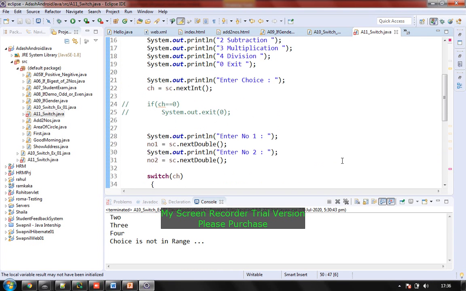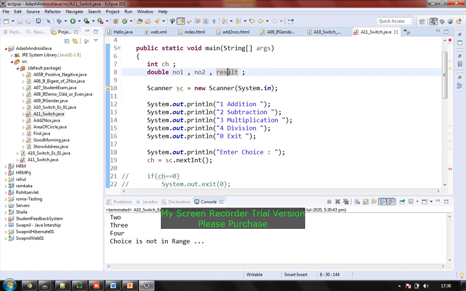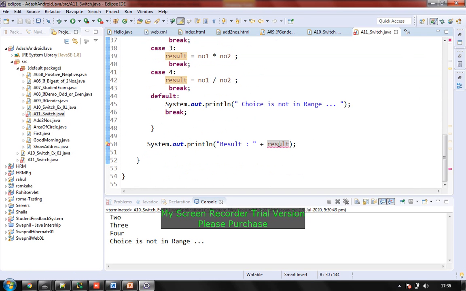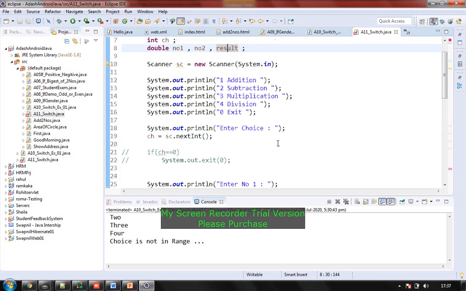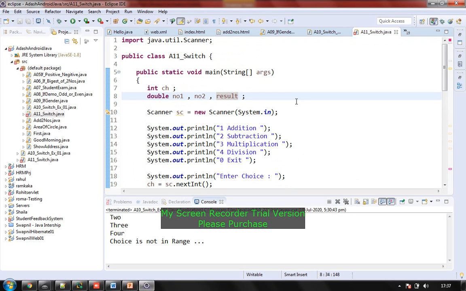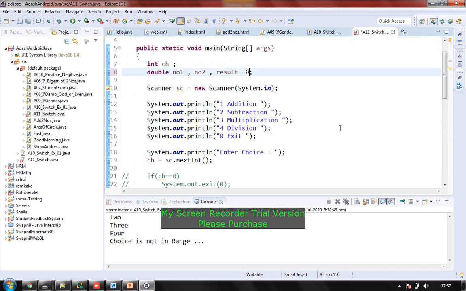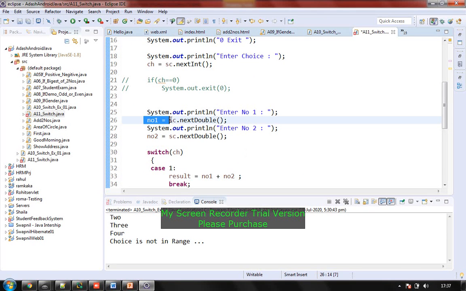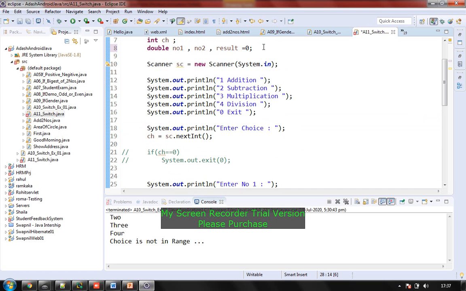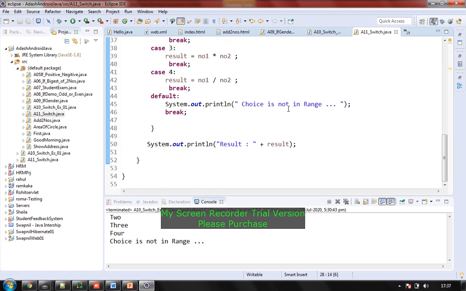Now to check it out, what is my variable name? My variable name is result, and what kind of error is it showing? It is showing, yeah, it has to be initialized. If you are using any variable in Java, and if you are printing it directly, then it creates a problem. It has to be initialized somewhere. Fine, because number 1, number 2 got initialized by accepting these numbers, but result was not defined anywhere, so I have to initialize it. Now I think there is no error, so I'll just run this program again.